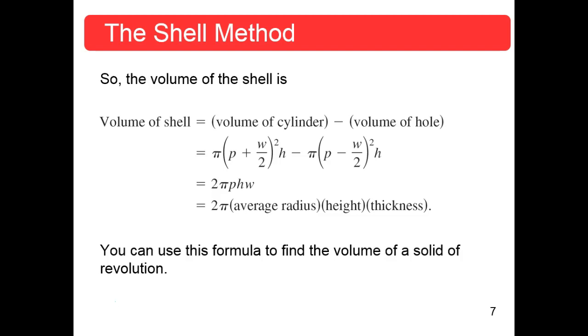Minus, and this will be pi P squared, but this will be a minus PW, and then plus this thing squared, and H. Well, guess what? The pi P squared H subtracts from that one, and because this squared is the same as that squared, they subtract away, so all you've got is the difference of the inner terms,